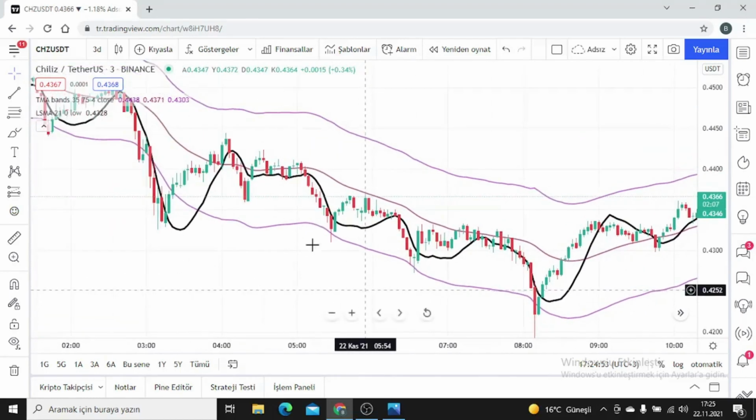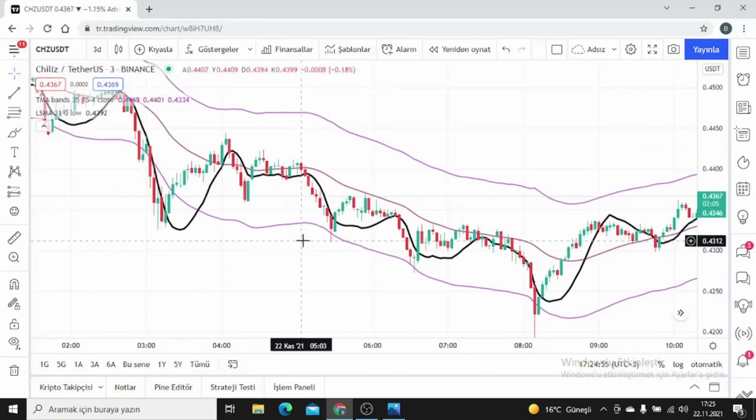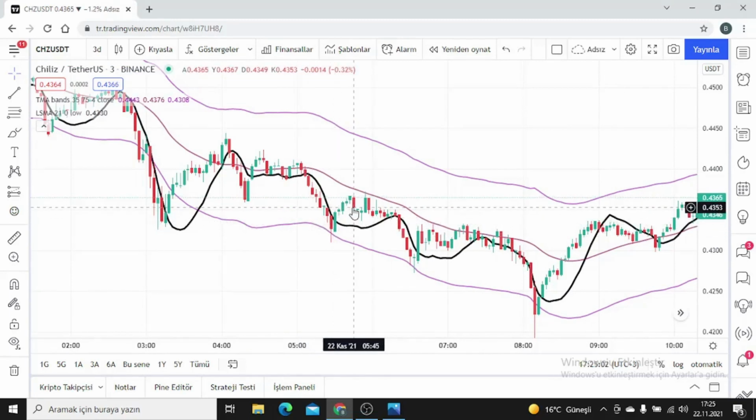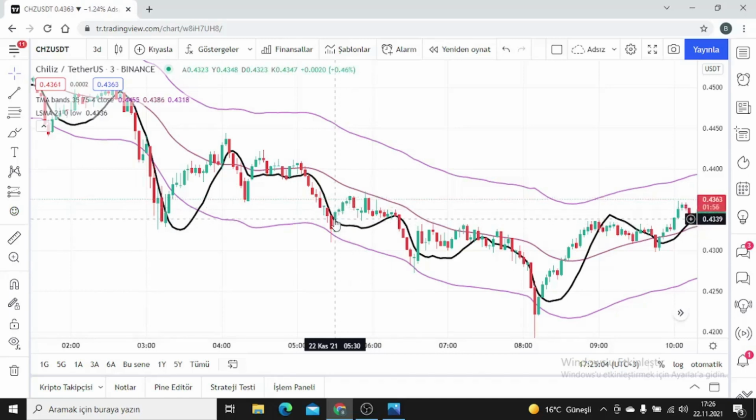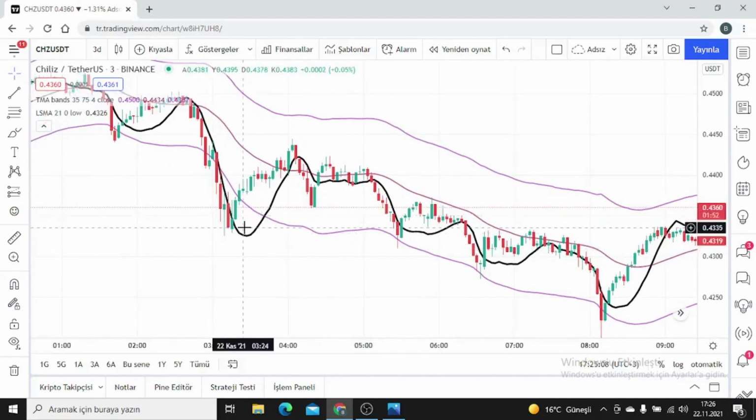And as you can see here, if we want, we can put our first target, that is, our first TP, our profit zone, in the middle band here. Or we follow the middle band. After breaking the middle band momentarily, we put our stop in the middle band so that our profits stay in our pockets and we watch the price wherever it goes up.